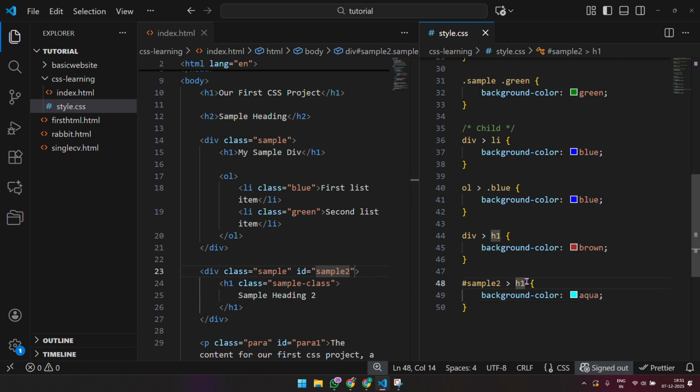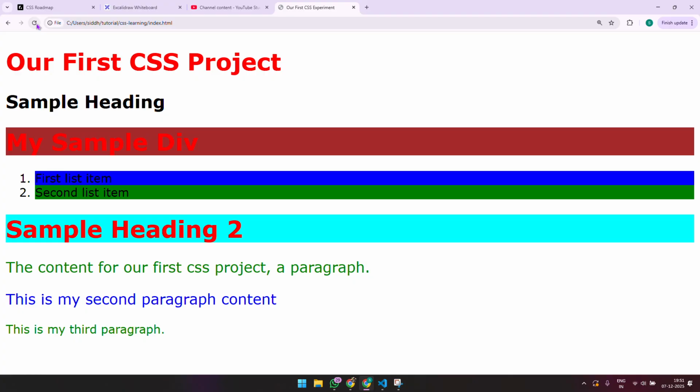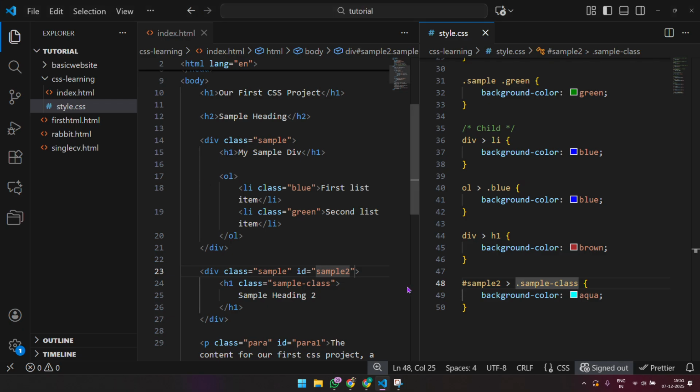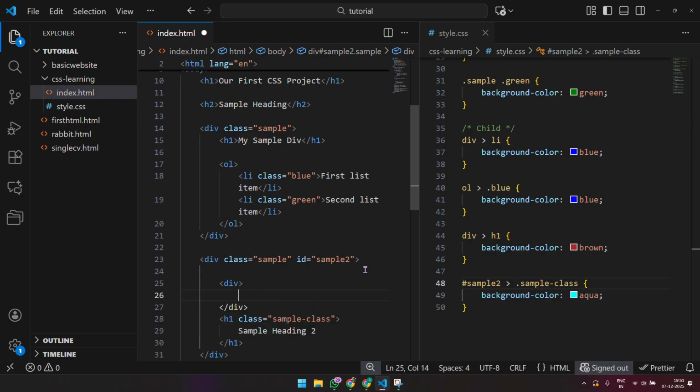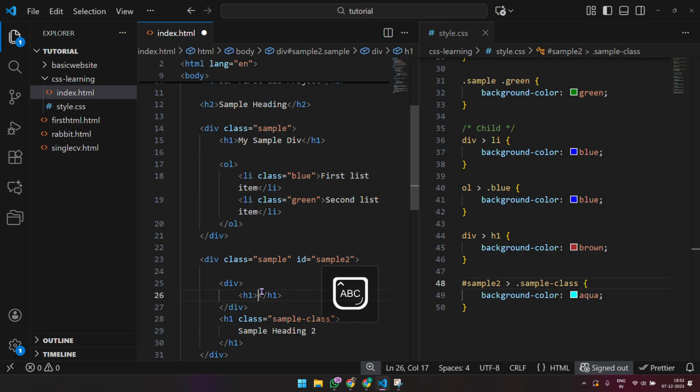right? You can use this as dot sample class as well, and this won't change a thing, right? This still stays as aqua, right? But again, the moment you add a div wrapper to this, let's say I create another h1 inside this and I say sample heading 3,